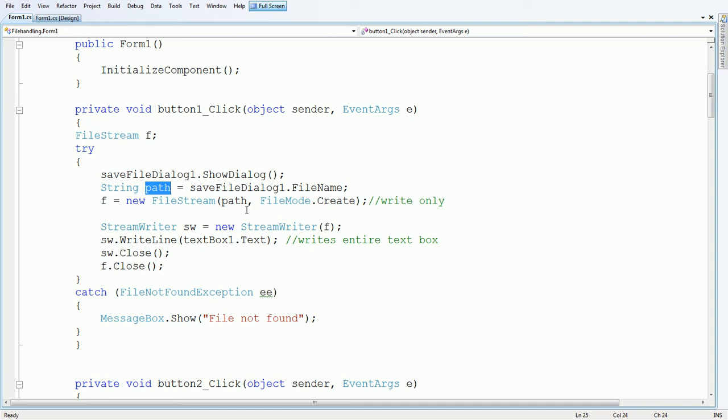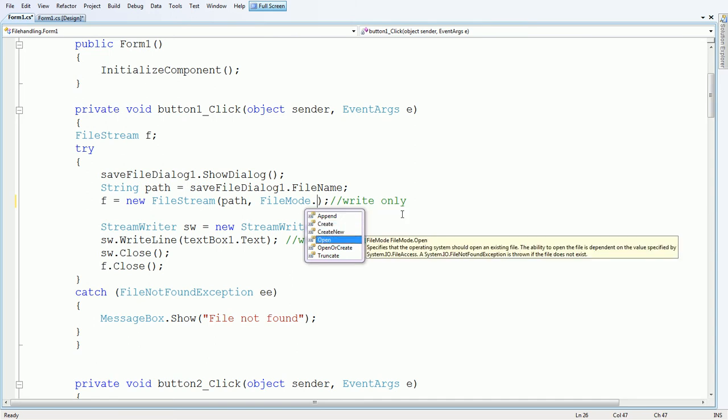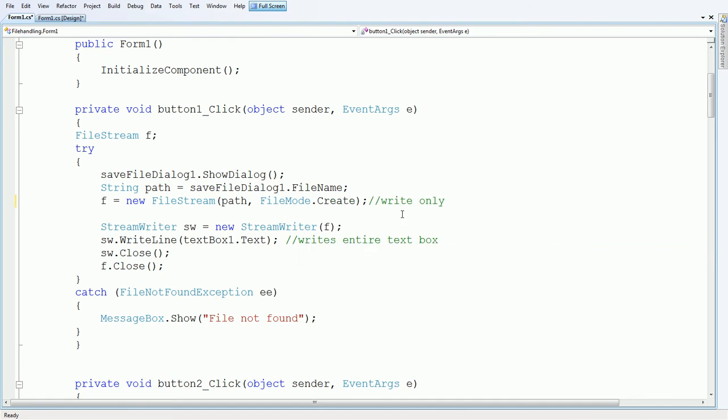For file handling, we have the object of the FileStream class. Let us initialize it: fs is equal to new FileStream. Here, the path is the physical path of your file, and then you have the mode of opening. The Create mode is write-only mode, Append is also write-only mode, and Open is read-only mode. Okay, now let us create the file.